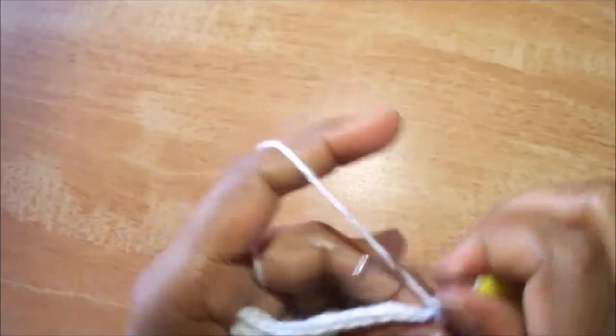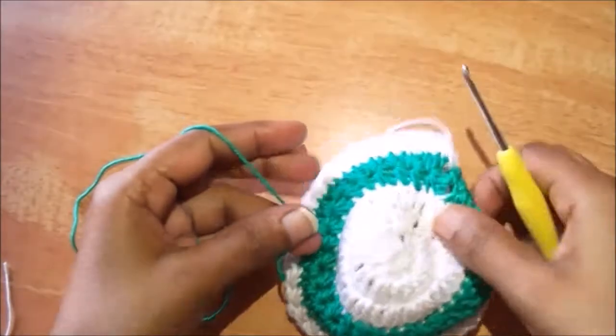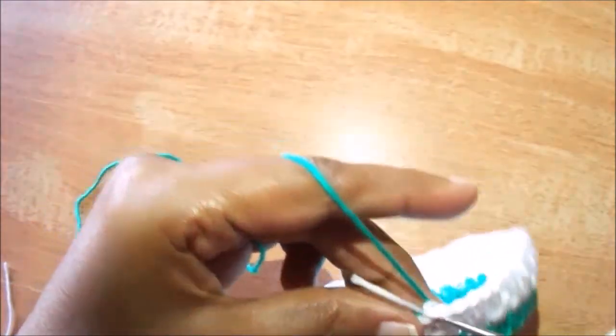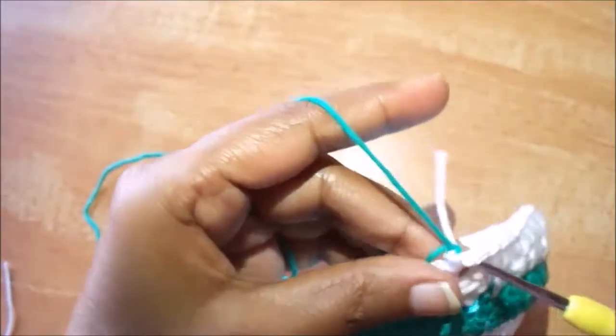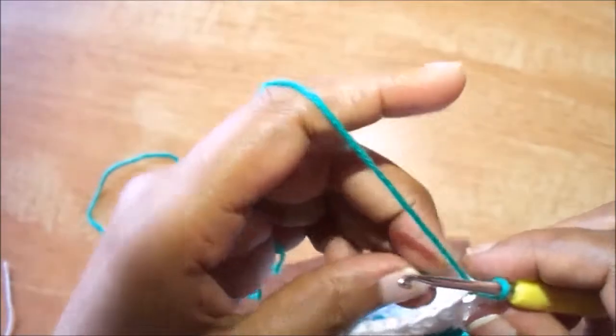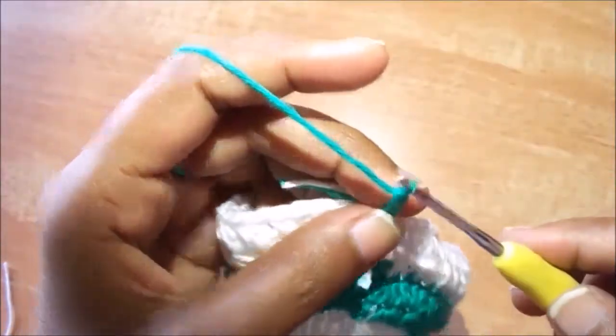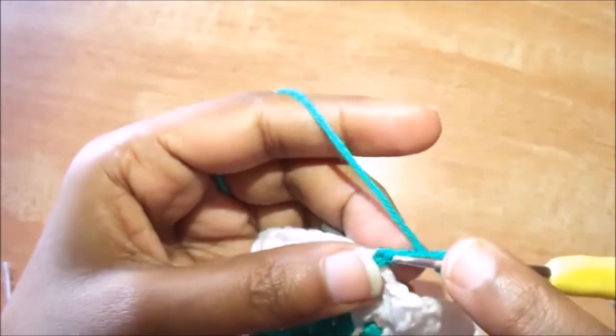Now here we have expanded our circle enough. So again we go to green color again, join the green yarn, we start a row of green stars again, 3 chains, 1 on the hook, and we go as we did before,